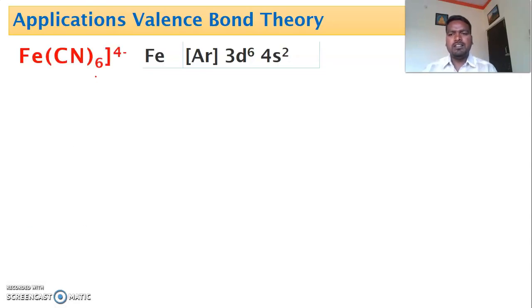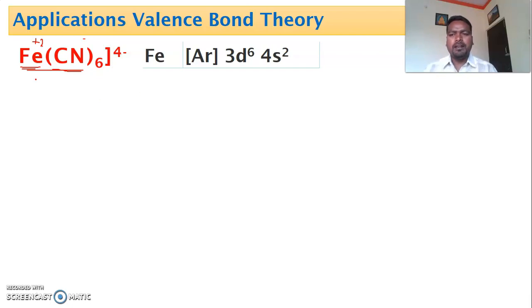So now consider the hexacyanoferrate(II) complex. In this complex, iron is the central metal atom, cyanide is the ligand, and there are 6 ligands, and that's why it is octahedral in geometry. And here the oxidation state of iron is +2. You calculate it separately. So here the charge of the ligand is -1 and the charge of the complex is